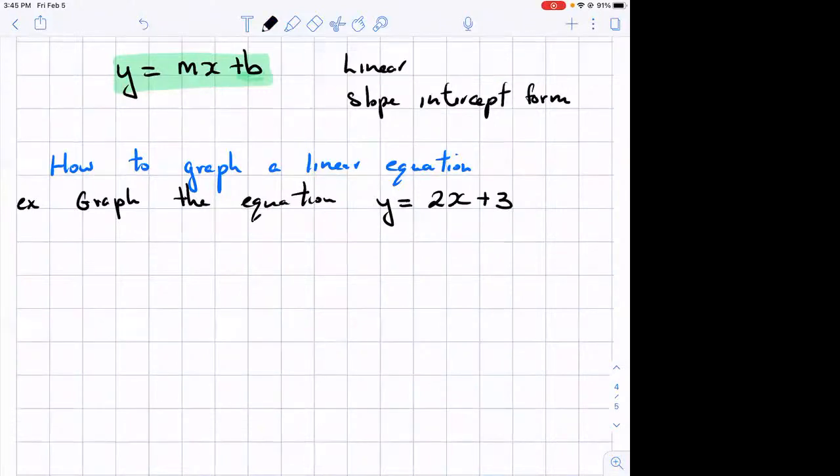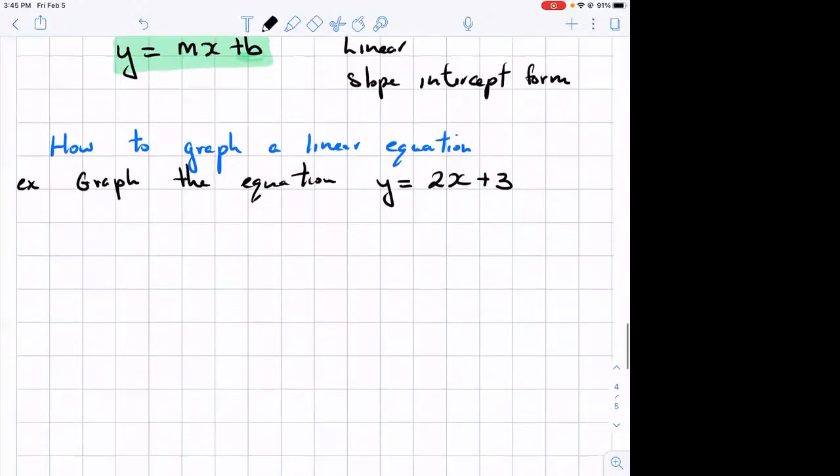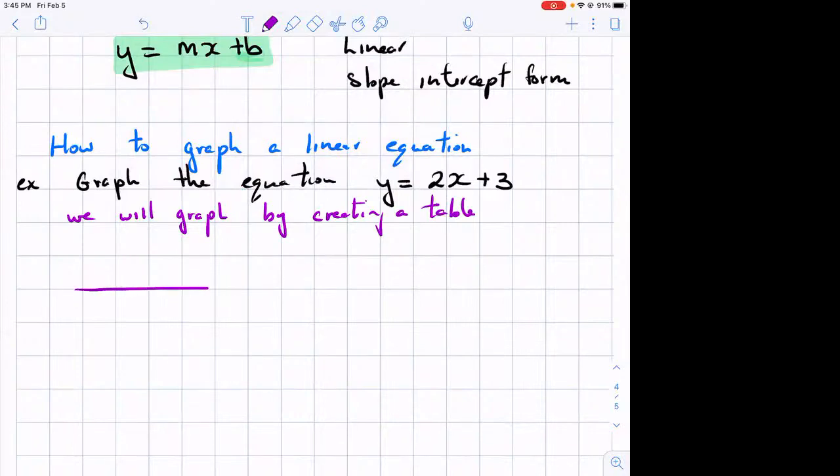Okay, graph the equation y equals 2x plus 3. So what we do, and we will use a table here. We will graph by creating a table. So what we mean by that is that we make a table, okay,